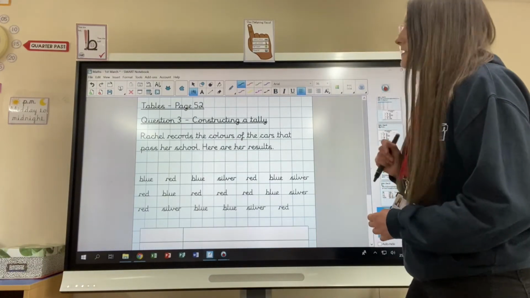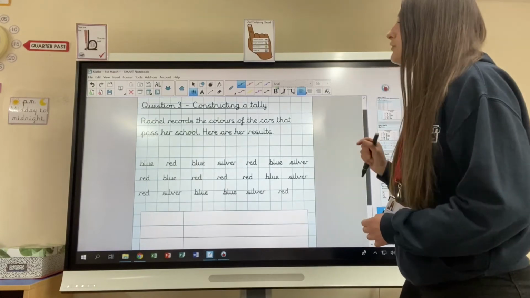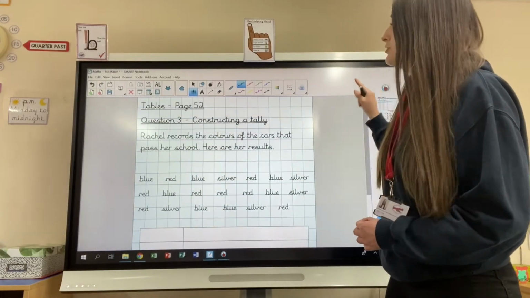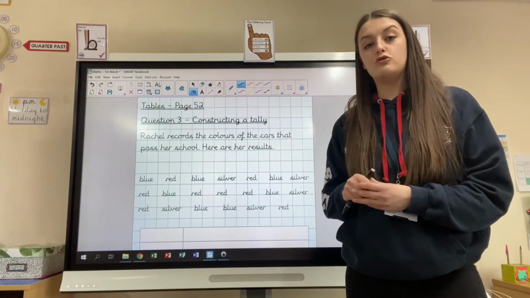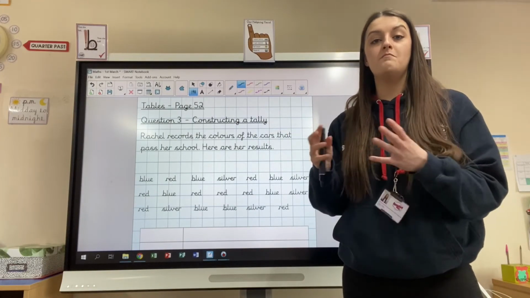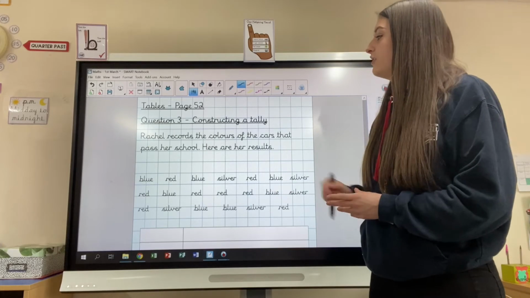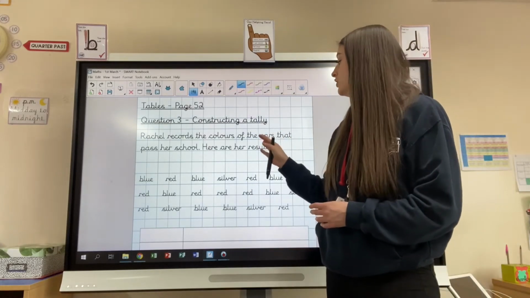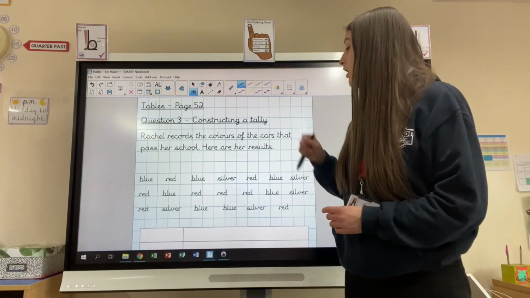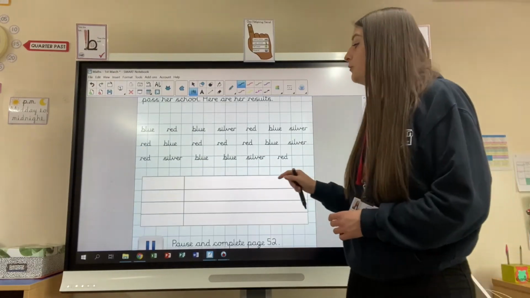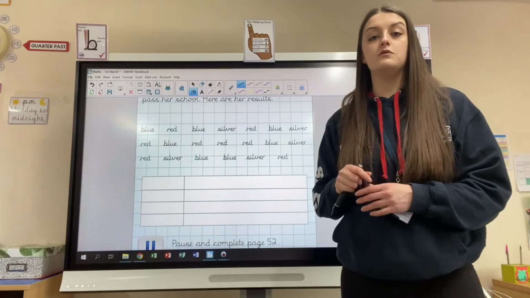So, one last question that you have on your page 52 for today is question 3, and it's getting you to construct a tally. That means you're going to make the tally chart. So we've got Rachel, who's recording the colours of cars that pass by her school. Here are her results. So you've been given on your page all of her results, and she just wrote them